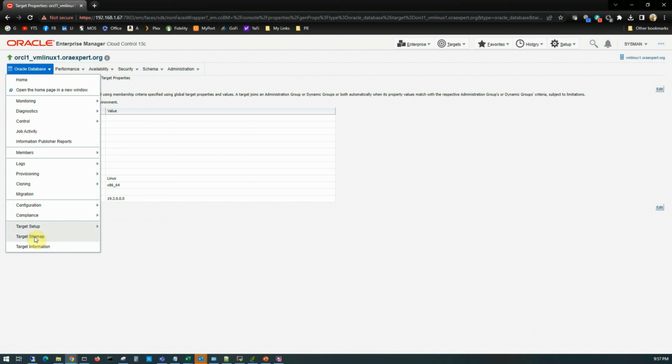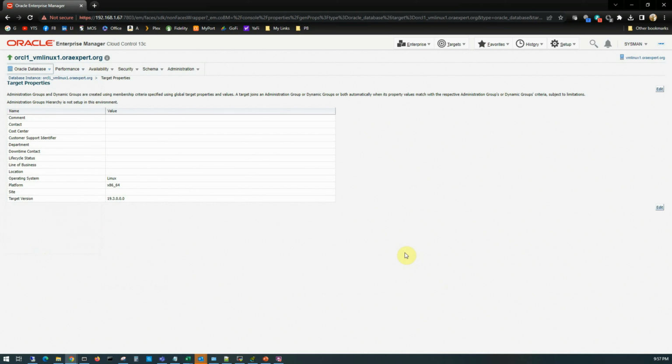Next one is the target sitemap. We will not cover this. Then target information. This is nothing but the properties that you define for the target. The next menu item is the performance home. This is very important. The performance home page is the page where you will get all the performance related statistics